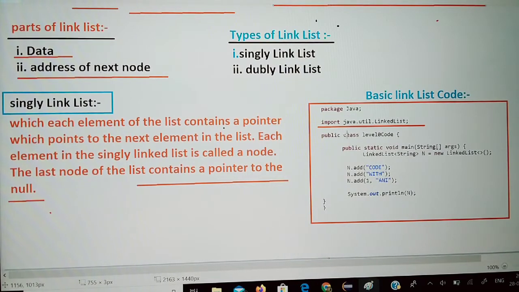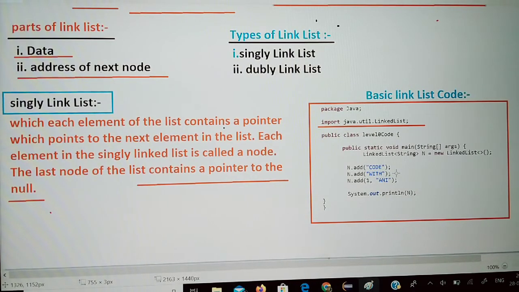So I run this Java code and you see the output of this coding. I think your concept and doubts will be cleared.